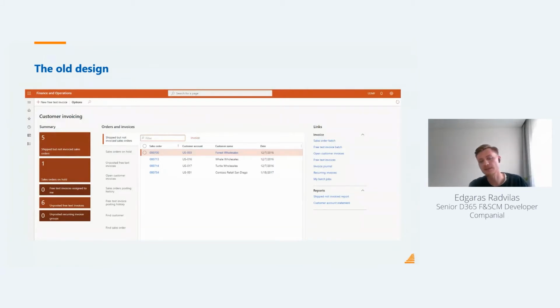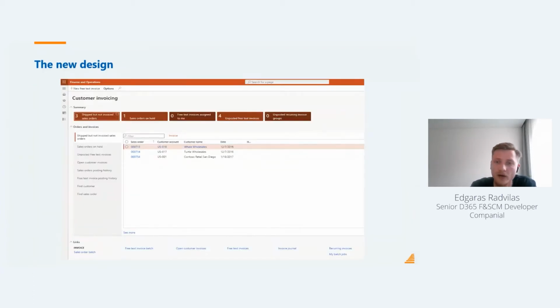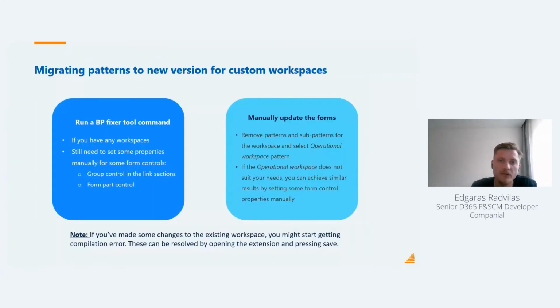This is how it looked in the past. This is the old design. It's kind of crowded, I guess difficult to see information, but now I think it's more tidy. You can even collapse some tabs that you don't want to see. So basically a visual change. And regarding that migration that you should do for your workspaces, it I guess primarily depends